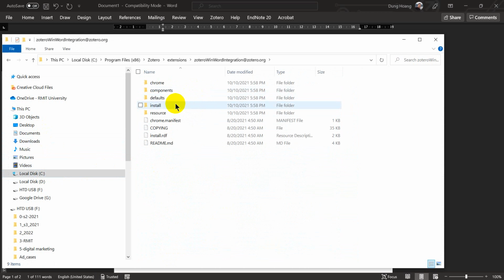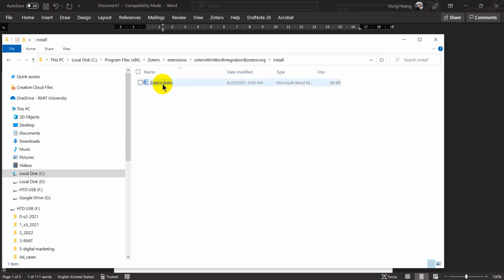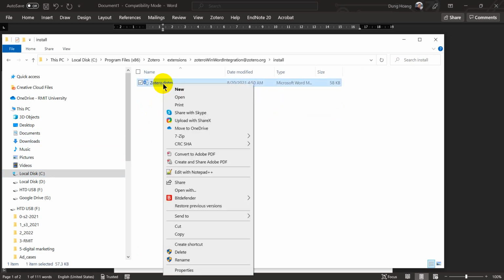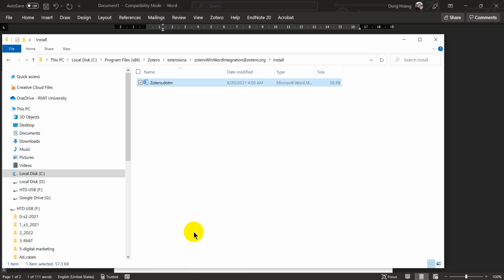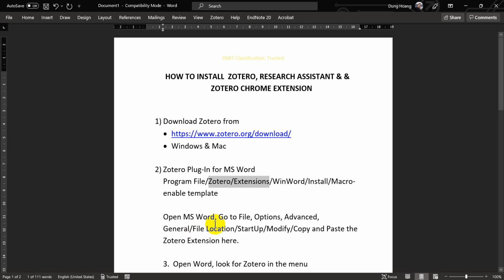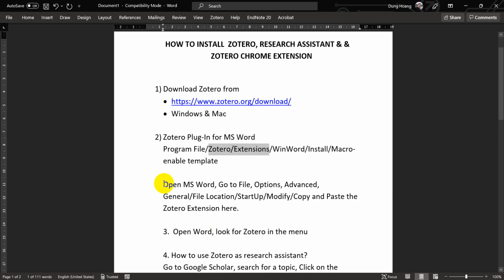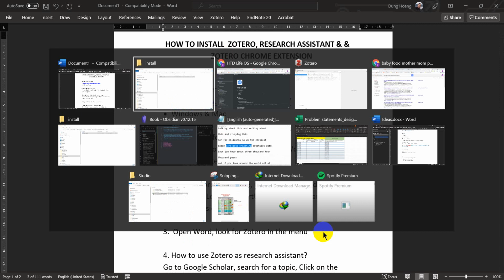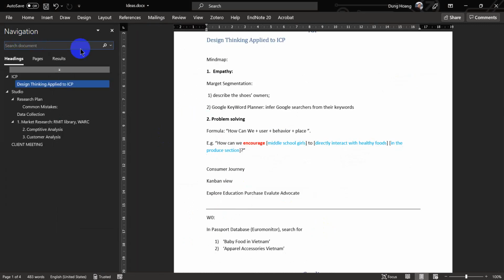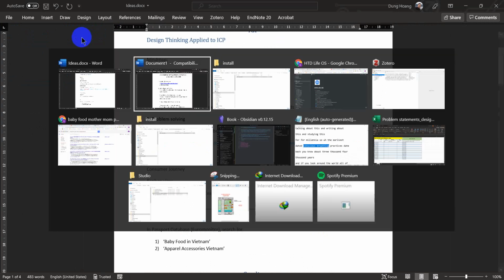Okay, and then click install, and then see that file, copy it because we're going to paste it somewhere a little bit later. Next step is you are going to open Microsoft Word in order to install the plugin. Okay, in Microsoft Word,